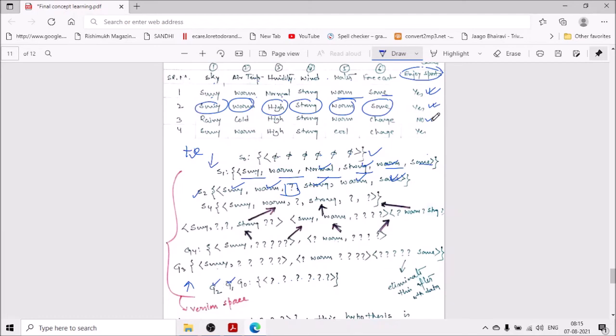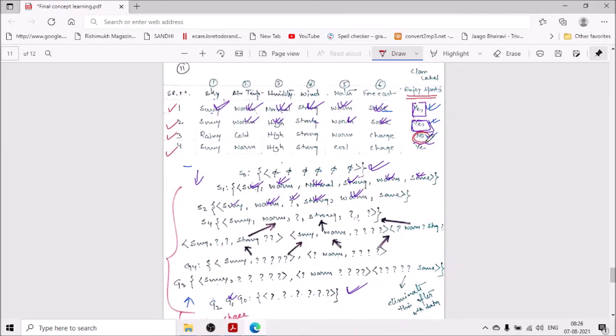Next, it is a no. You just see properly, here it is a no. Then don't do anything to this particular part, the S part. You just see the G part. Now, remember one thing: every time we form the hypothesis for the positive. So here it is a no. Now, if it is a no, then what to do? We have to check this one by one.